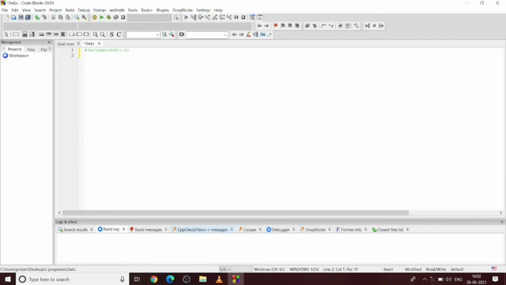So in this program we are going to use a function. So I'm going to tell you about it. A function is like a set of code that we have to use more than one time. That's why we write it somewhere else and then we call it. So there are three steps in that. We have to first make a function prototype, then the function body, then call the function by function calling. So let's start this. This is a function prototype. Then I'm going to declare a variable of integer type, int p.